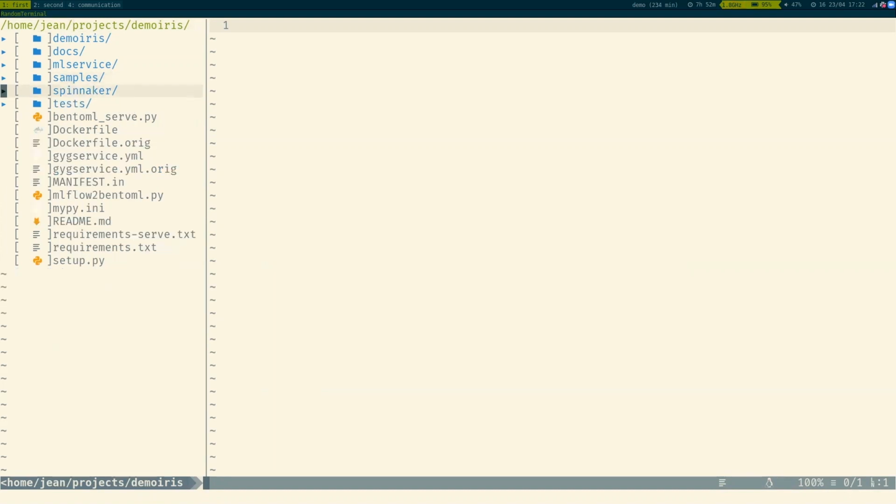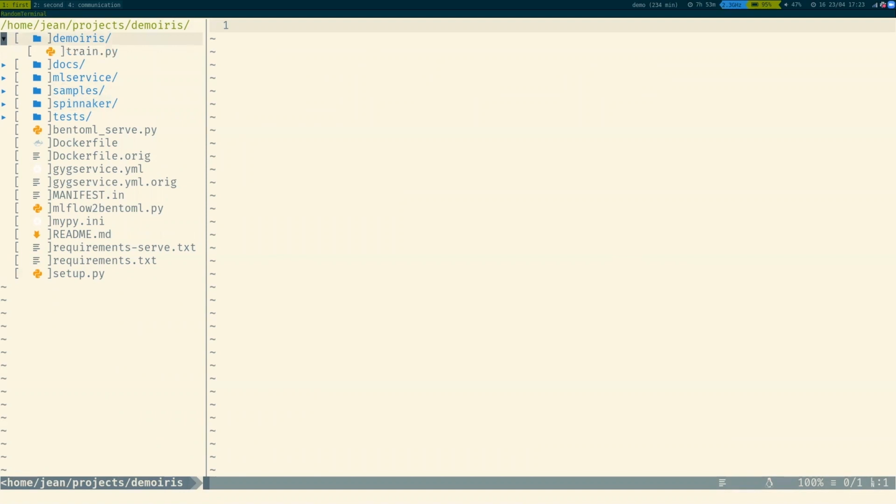Spinnaker is a folder created automatically for our deployment process. Here we can configure how to do canaries and rollback and many other options. The test folder is where automatic tests go, and that's basically the folder structure of a new ML service. Let's zoom in, and then in the training process that gets automated